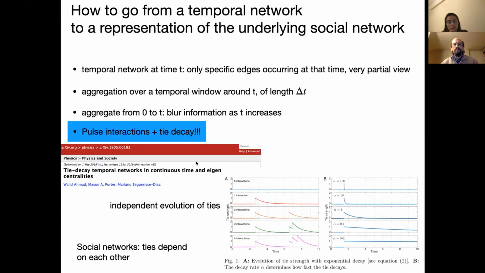And there's a very nice preprint a couple of years ago by Mason Porter and collaborators that proposes to consider weighted ties between each pair of nodes in the network. And each time there's an interaction in the temporal network, you have a pulse in the weight of these ties, and then you have an exponential decay. However, these ties in this representation evolve independently, whereas in a social network, you have ties that depend